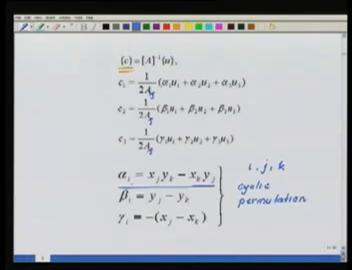Similarly, alpha 2 will be equal to x3 y1 minus x1 y3, and so on. Similarly, I can find what is beta 1, and I can find what is beta I and what is gamma I in terms of x1, x2, x3, y1, y2, y3. So once I have these quantities,